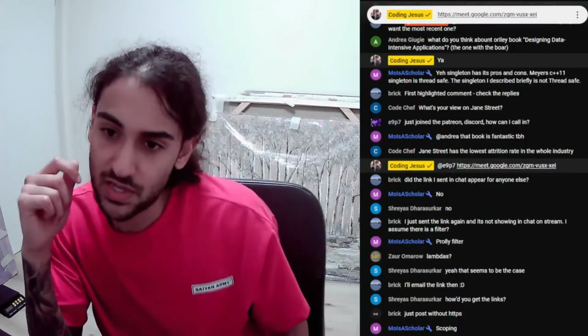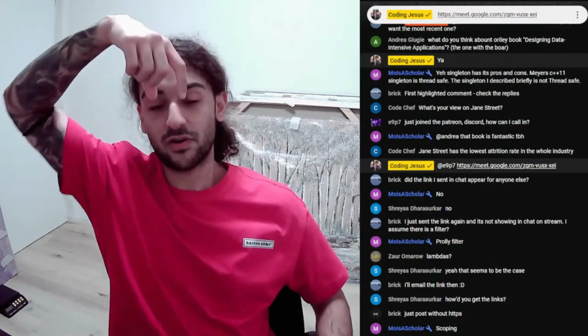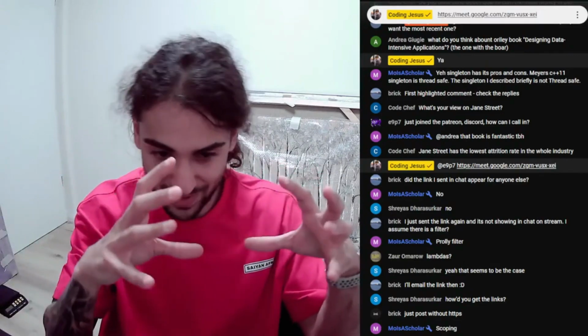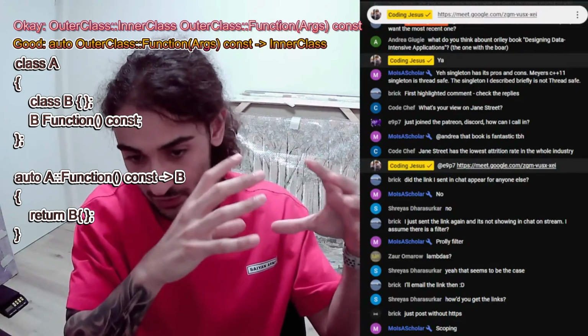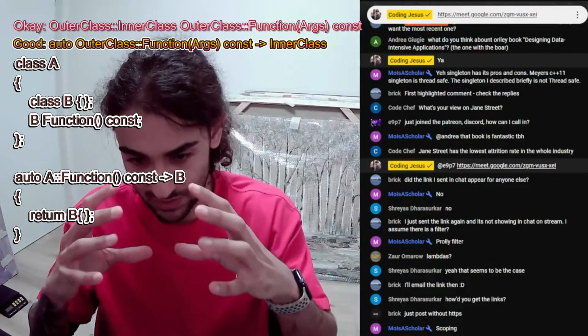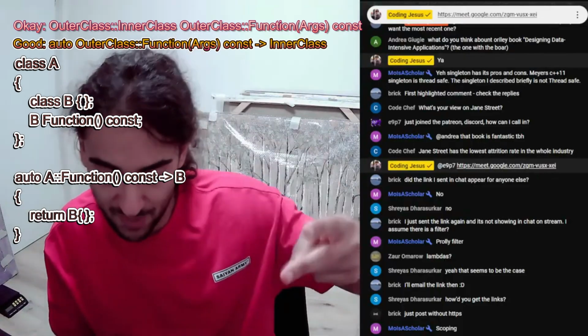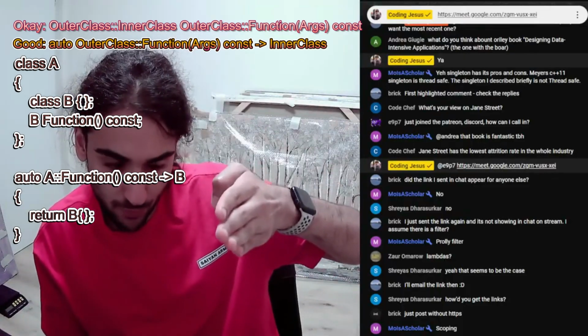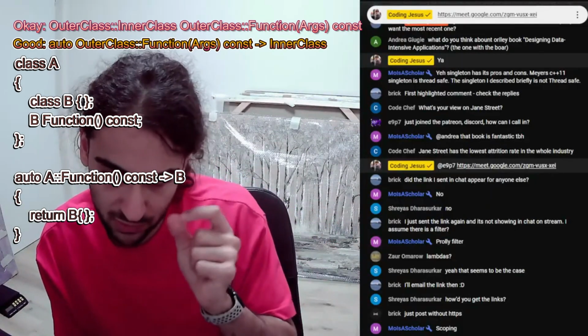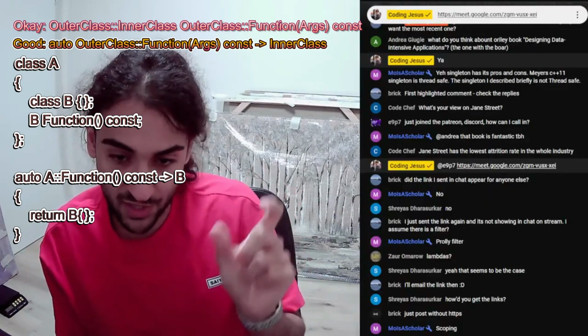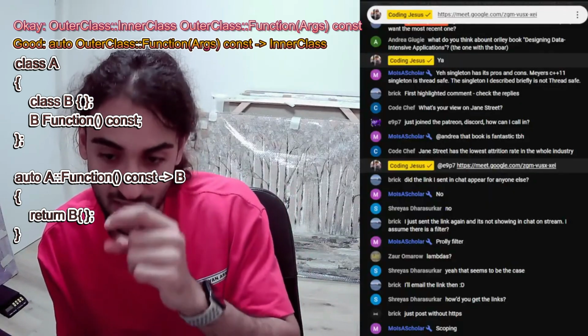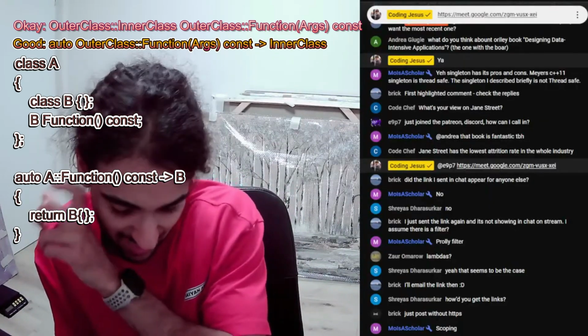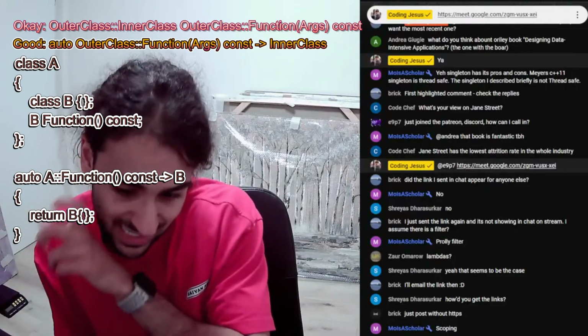Yes, okay. So oftentimes if you want to return the inner class and you want to have the return type as part of the left side of the function signature, not as the trailing return type, you need to do type A, scope resolution operator, type B. With a trailing return type, you can do auto, then the method name, then the trailing return type, just type B. Why is that the case?